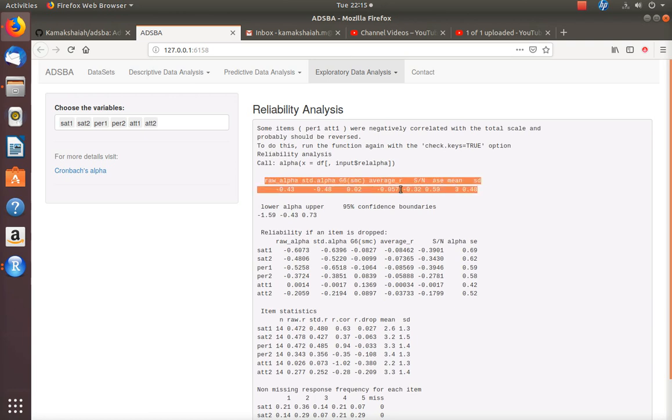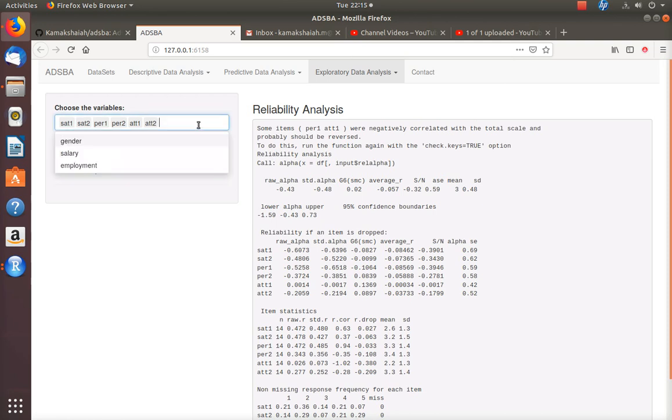I implemented the alpha function in the psych package, which is developed by Professor William Revelle of the Northwestern University Psychology Department. He has given a beautiful function called alpha, which calculates quite a few measures for internal consistency. You can read the papers online. For the time being, we just need this